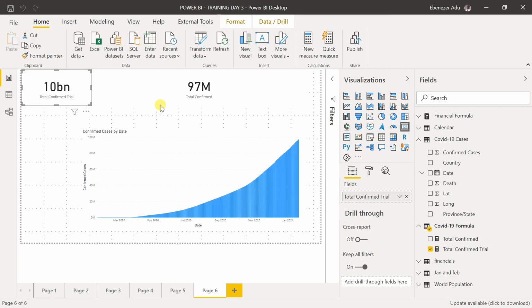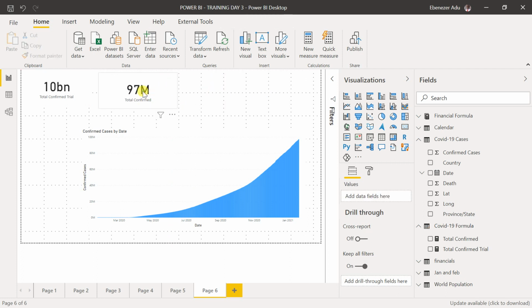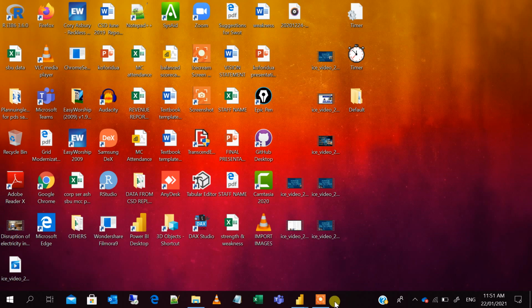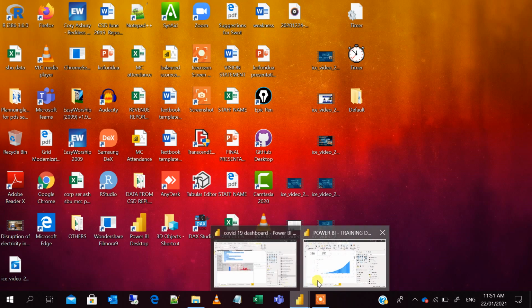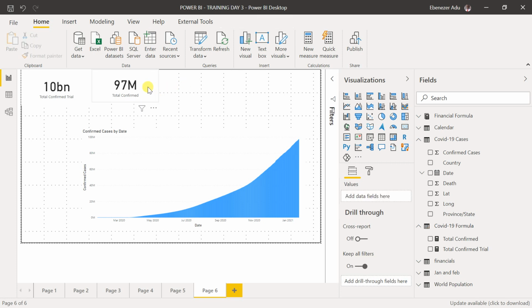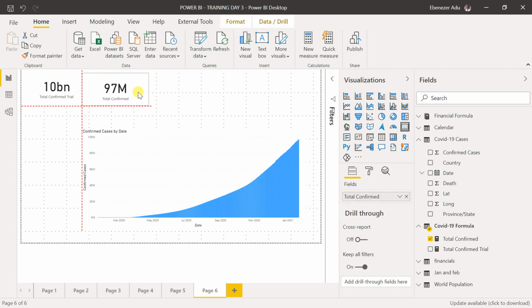So now you see that it's actually returning the latest date. So that is another way of writing DAX. This is what we call variables. Okay, so now let's go back and create other DAX by doing some computations on our